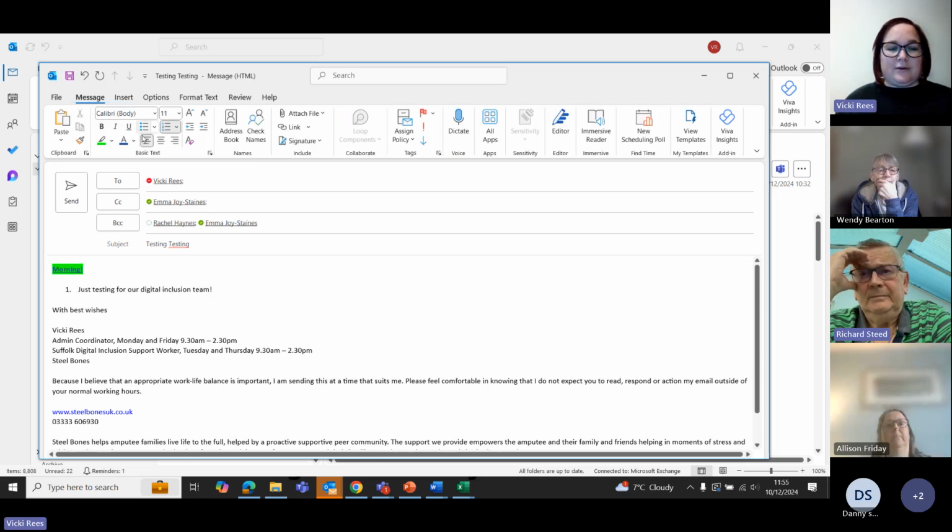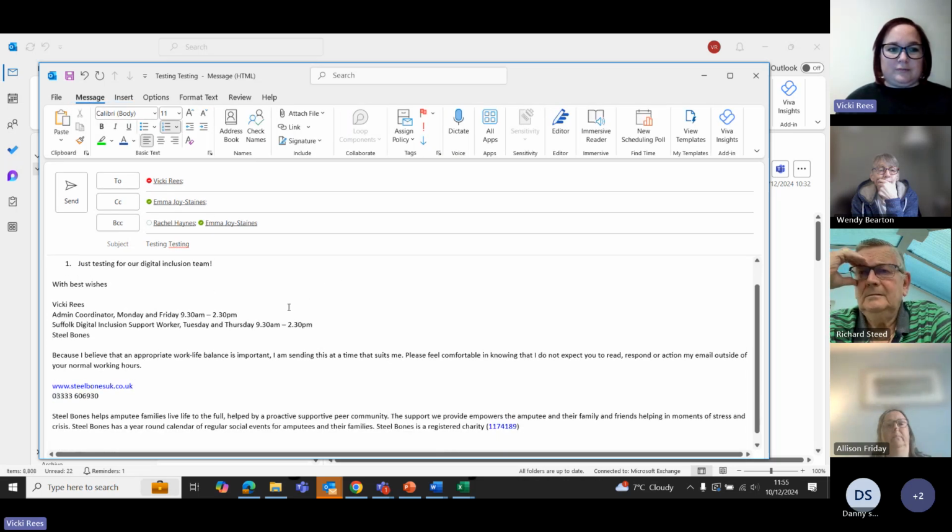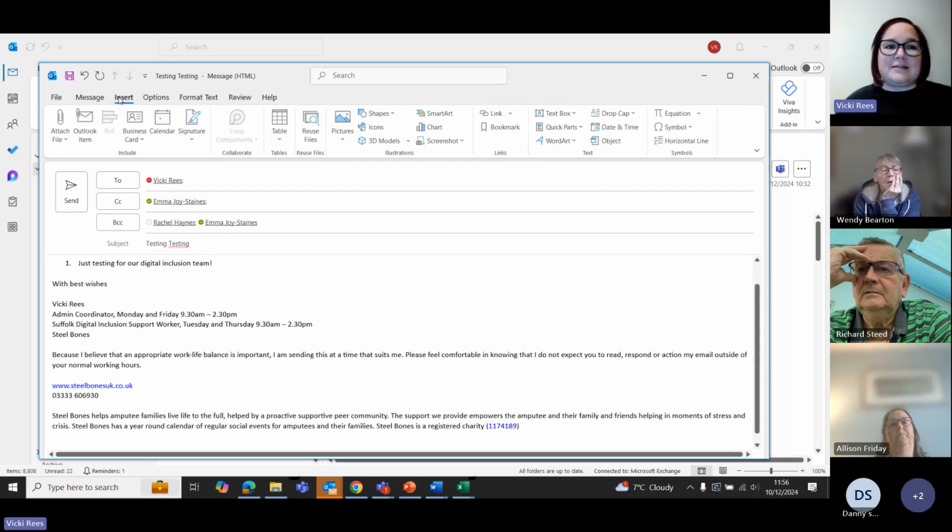Now, on my emails I do a signature. So if you haven't yet, but you want to set up an email signature, just at the top here you can see it says signature. You can also go to insert and it tells you signature here. Press the little arrow down. Mine is already logged in, so it's there. But if you go to signatures,